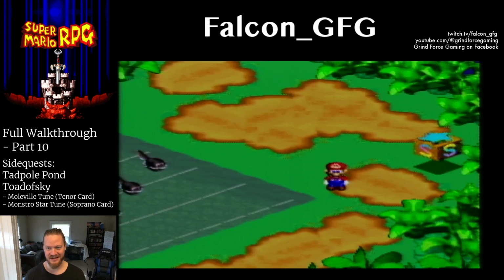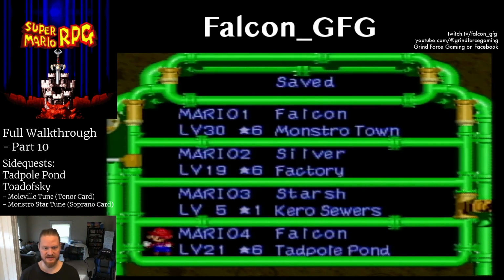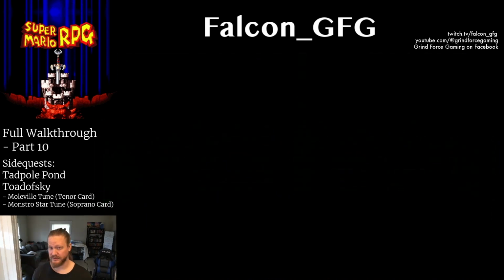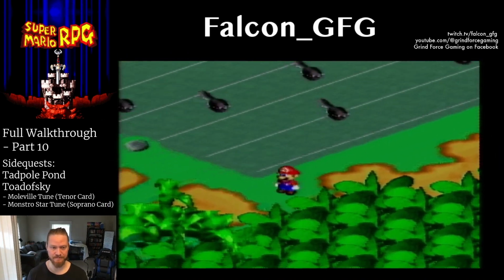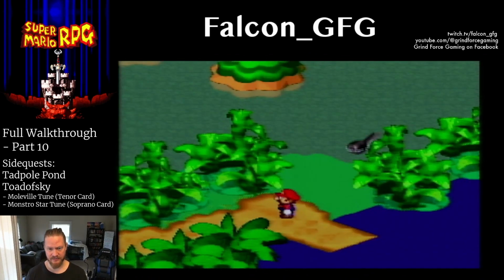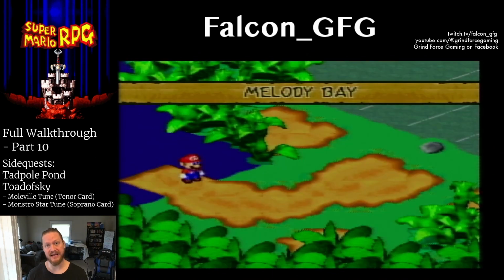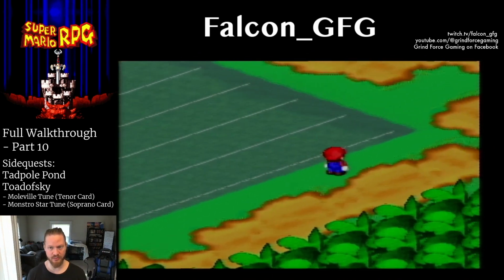Off he runs. Go ahead and save, I suppose. So this tenor card gives us access to more items at the shop here in Tadpole Pond, the one that takes frog coins. Has some very good items. Before I go check out that shop, though, I'm going to head back out and back in, because there's another song that we can enter in. This is going to be the one...